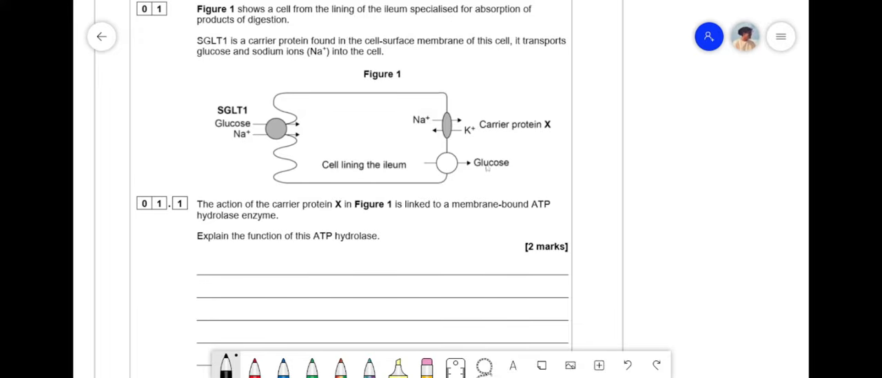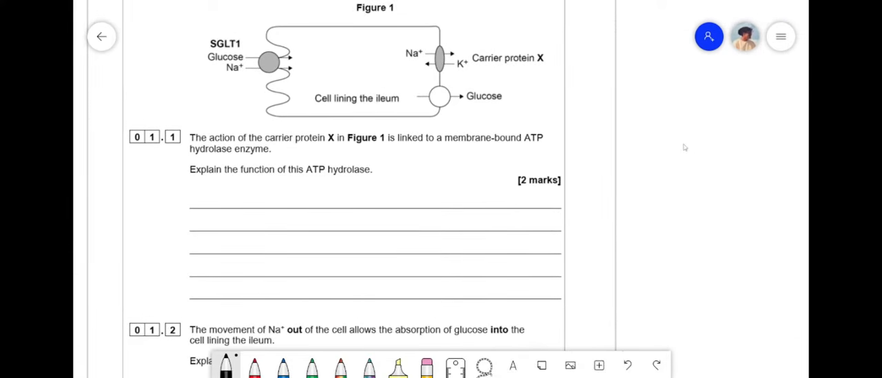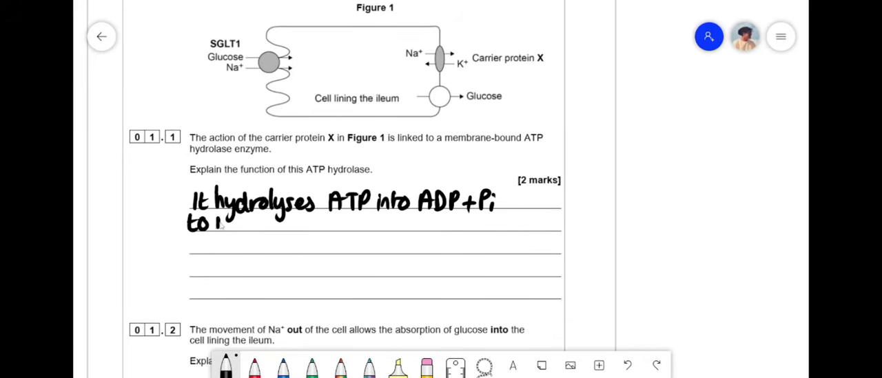So now that we've made sense of what's going on here, the next part is to actually tackle a question. The action of the carrier protein is linked to a membrane-bound ATP hydrolase enzyme. Explain the function of ATP hydrolase. With any question like this, you should always have a model answer ready to go. ATP hydrolase, hydrolysis, is an enzyme that hydrolyzes ATP. So it hydrolyzes ATP into ADP plus inorganic phosphate, also known as Pi, to release